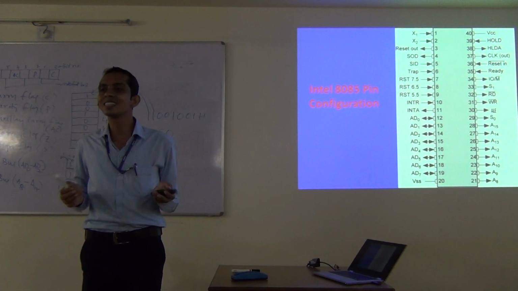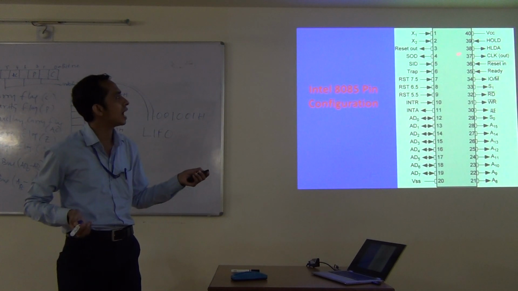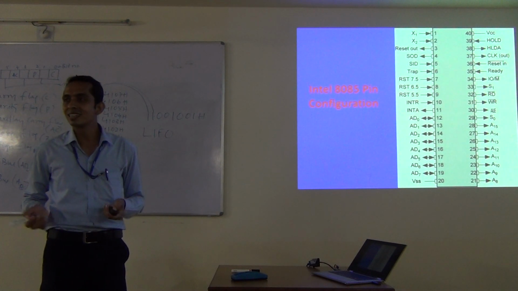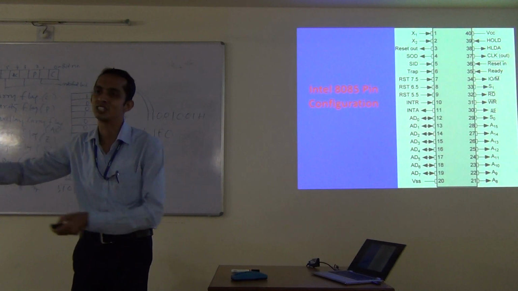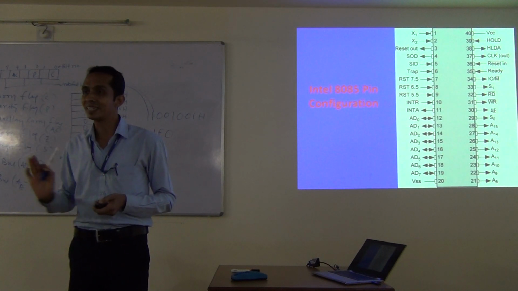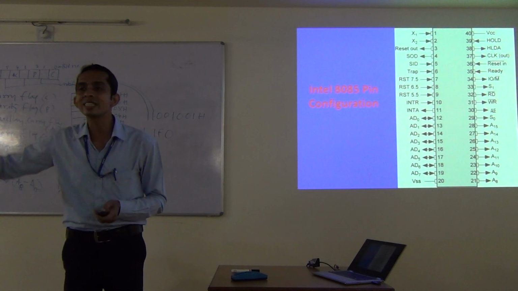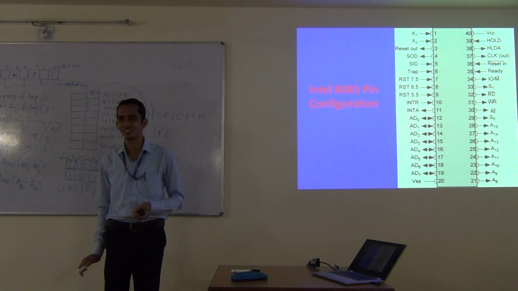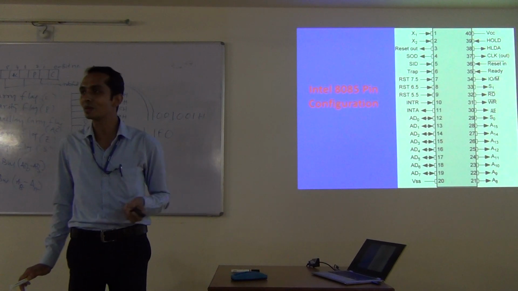Thereafter, it will relinquish the data bus, address bus, and control bus, and create an acknowledge signal on the HLDA pin saying you may use my buses for your purpose now. Till that acknowledge signal has come from the processor side, the requesting device cannot access the buses. So it's a very peculiar operation seen in the microprocessor.